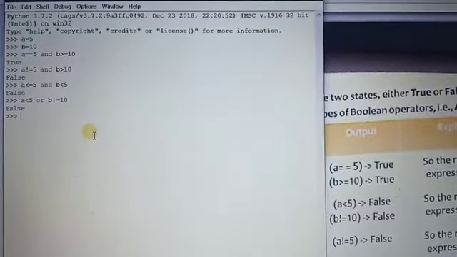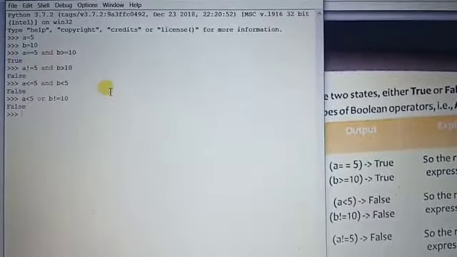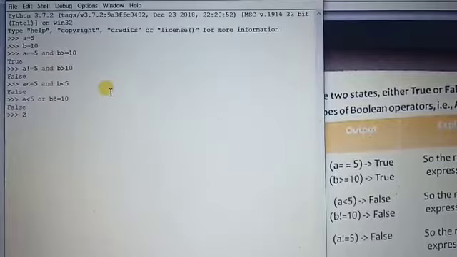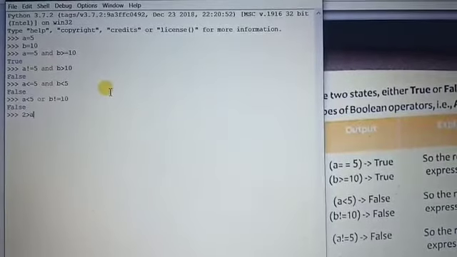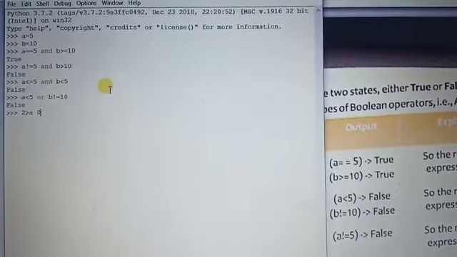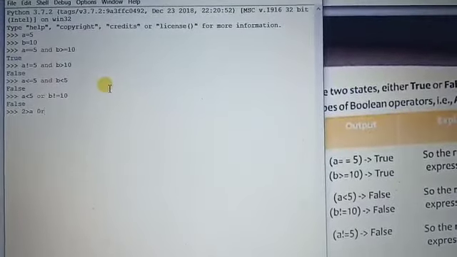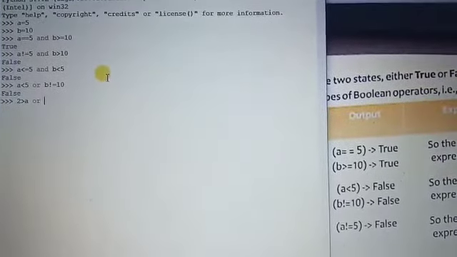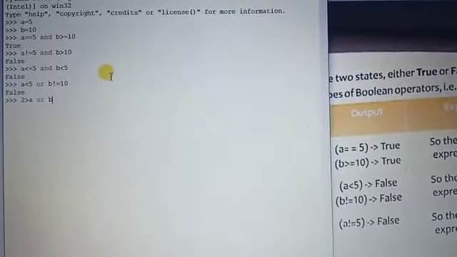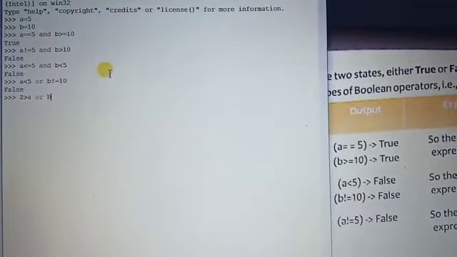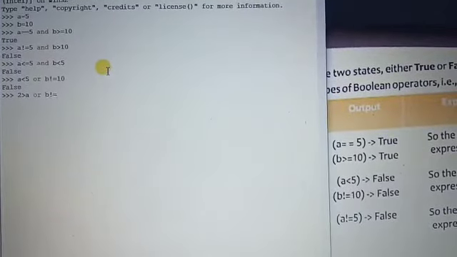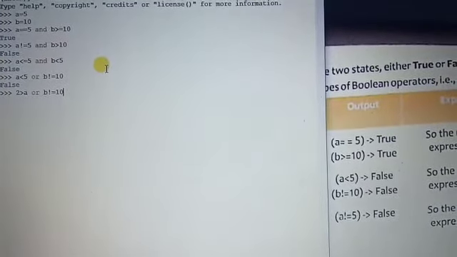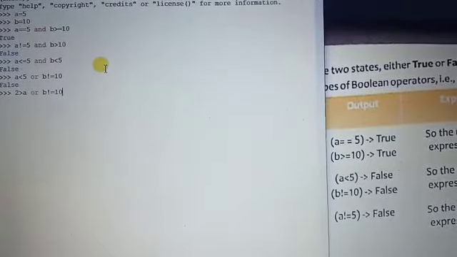Again I change it to 2 greater than a or b not equal 10. The first expression I have changed to 2 greater than a.